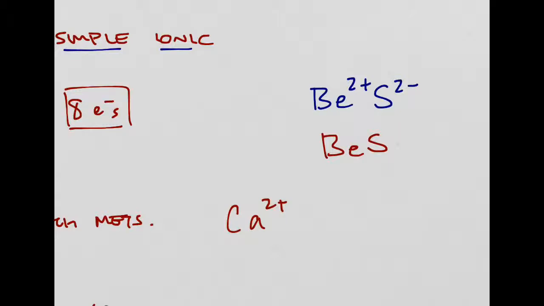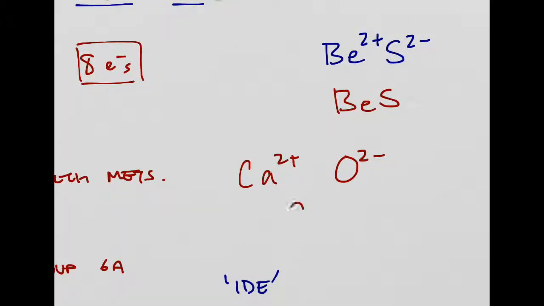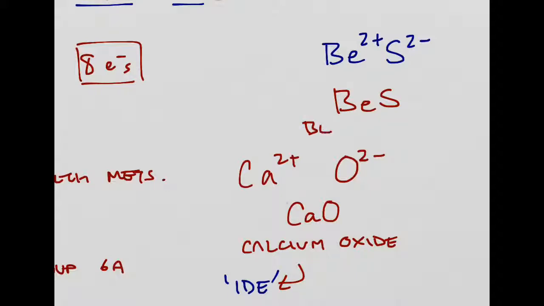I could take sulfur again, but perhaps I'll take oxygen, which normally would form a 2- charge. And then I'd put that together as calcium with an oxygen. How would I say that? The name would be calcium, and then don't forget what I need to do here. It wouldn't be calcium oxygen, it would be calcium oxide. This one up here would be beryllium,